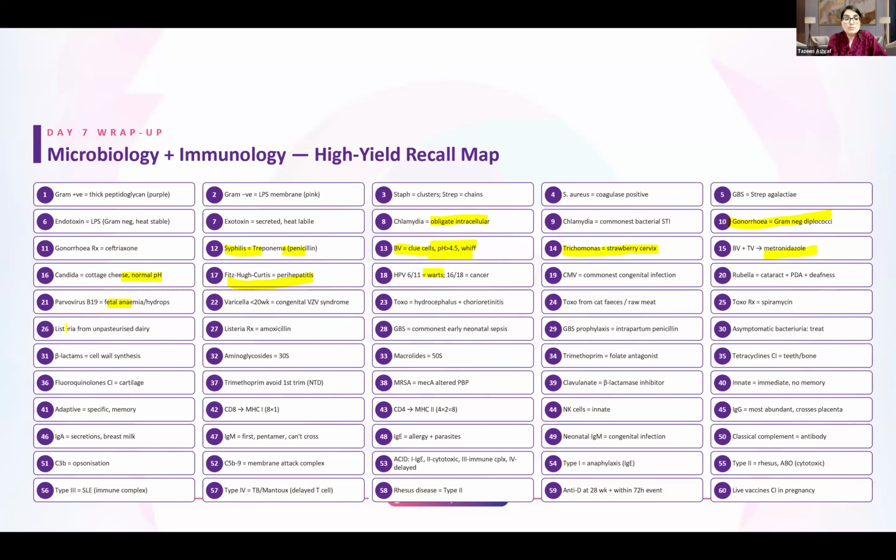Listeria is from unpasteurized dairy. Listeria treatment is amoxicillin. GBS is commonest early neonatal sepsis. GBS prophylaxis is basically intrapartum penicillin. Okay, if it is asymptomatic bacteriuria,